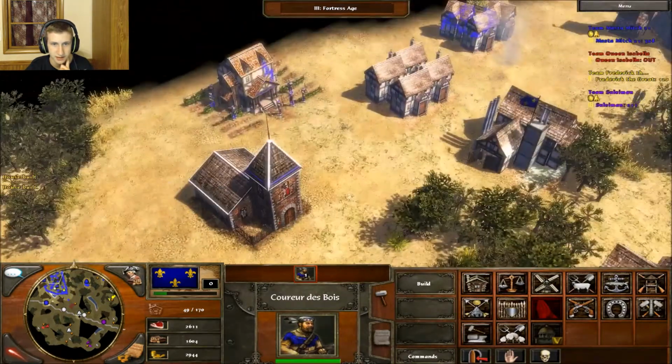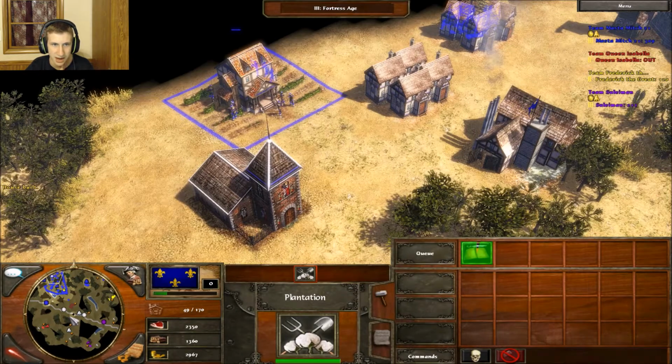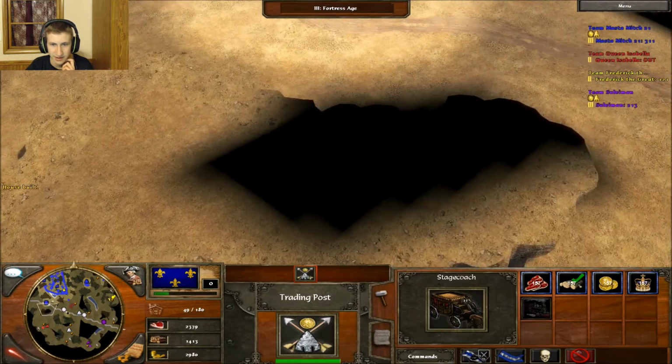See if I can't get. I have 10 now on there. I'll go ahead and improve that. It's a little bit pricey. I lost my outpost though, and I'm a little aggravated. Not my outpost, my trading post. I'm a little aggravated by that because